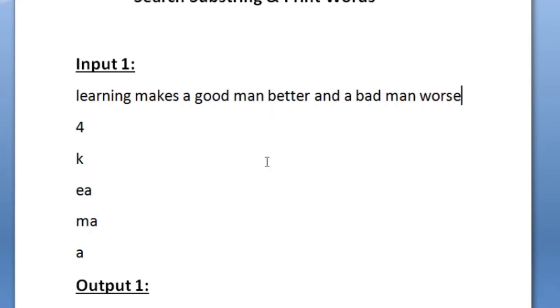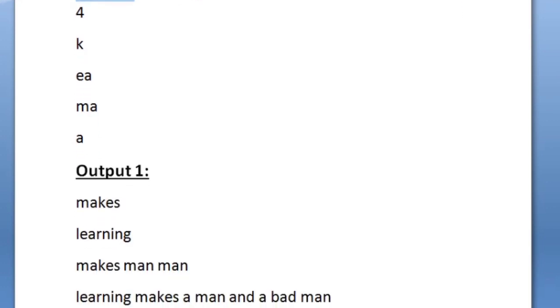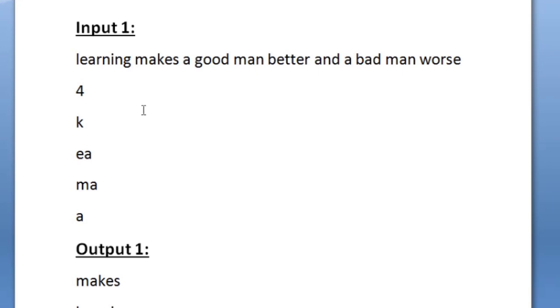So we are moving to our next string, and our next string is ea. So now ea is a substring of this word learning, because ea has occurred together here. So we should print this whole word in our output in a new line. So here we are printing learning in the next line because it is a substring of the second string. And now again when we check for any of the remaining words, ea is not a substring of it. So we should move to the next string.